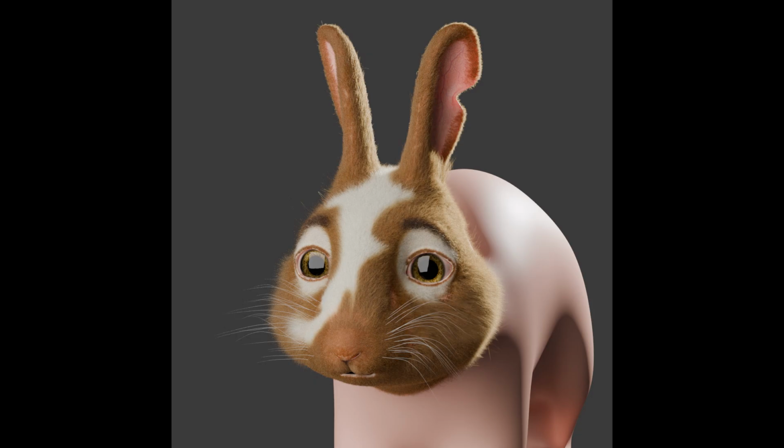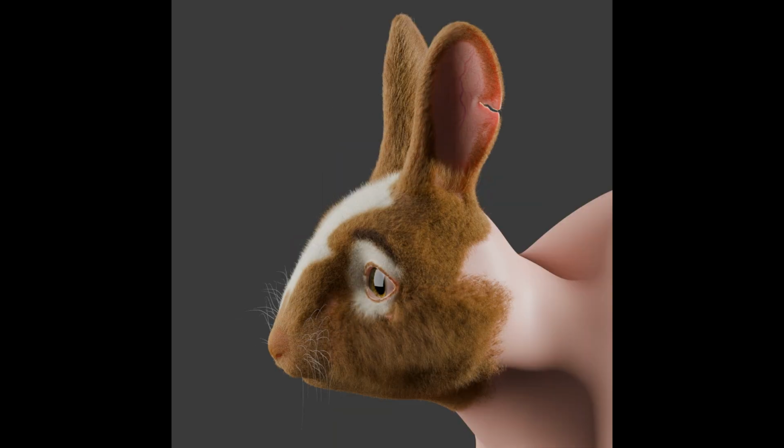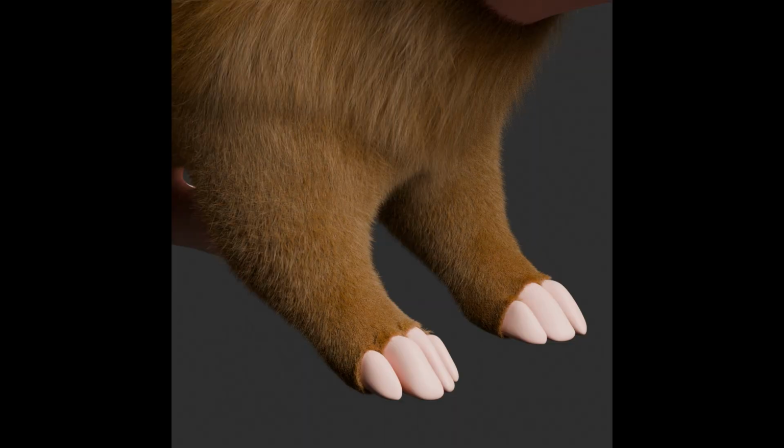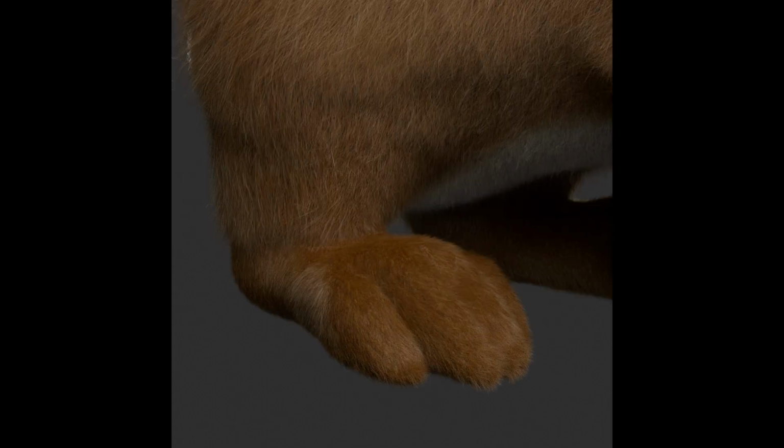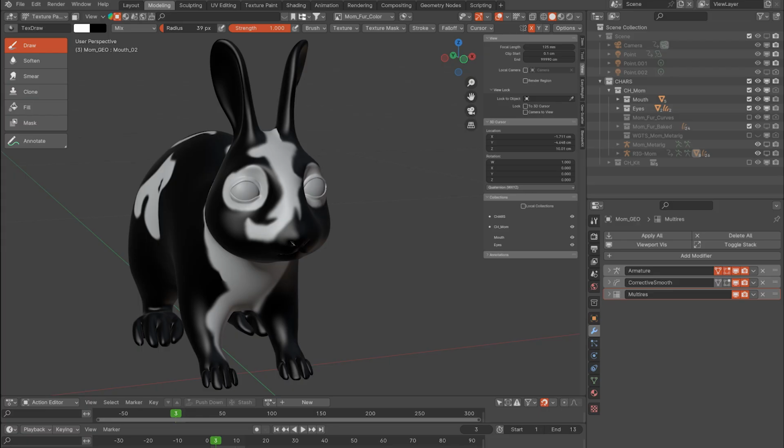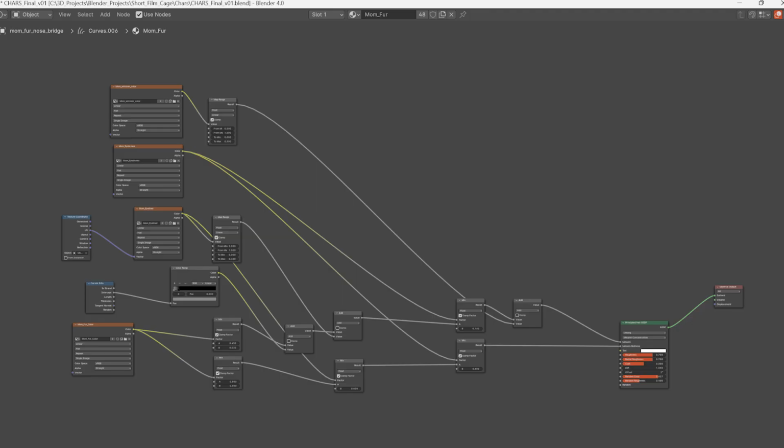So the only way to really see what it looked like was to do renders in Cycles. A render may take a few minutes per render, so the process of checking and refining could be quite time consuming. The fur coloration is driven by a black and white texture that I painted, which is plugged into a shader node setup. It was important the coloration be distinct between the 2 characters, but also immediately communicated familial connection.